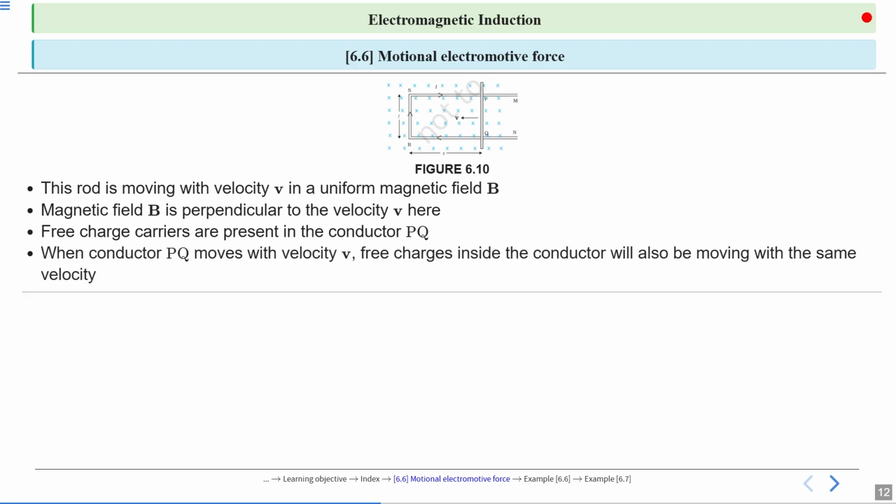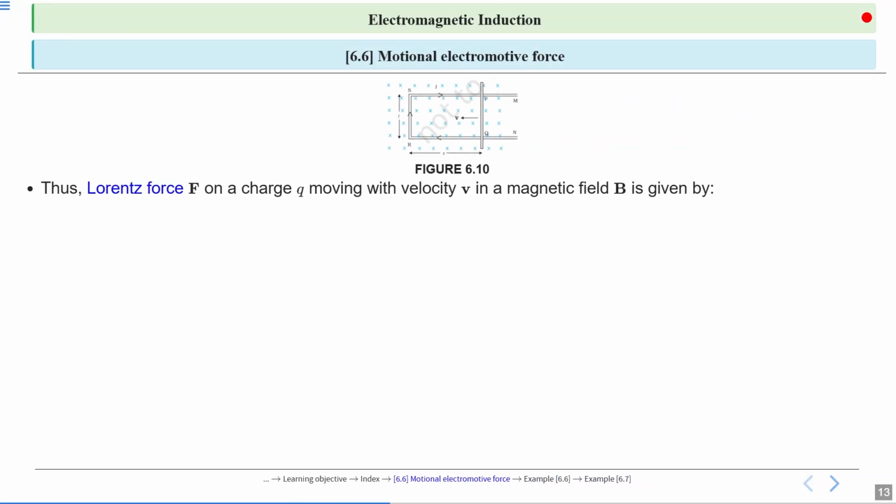When conductor PQ moves with velocity V, free charges inside the conductor will also be moving with the same velocity. So PQ is moving with velocity V, so charges inside the PQ will also move with velocity V along with the conductor. Thus the Lorentz force F on a charge Q moving with velocity V in a magnetic field is given by